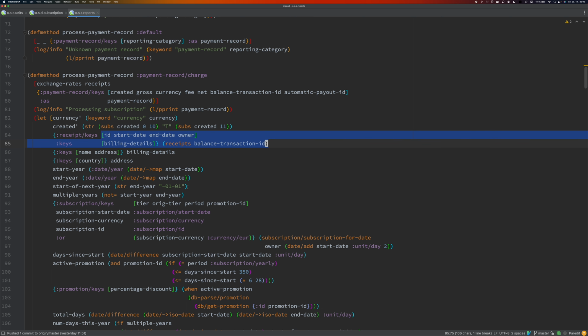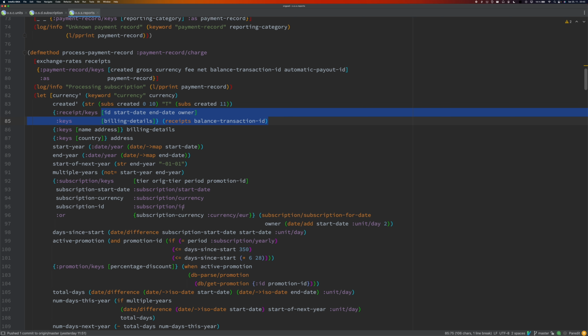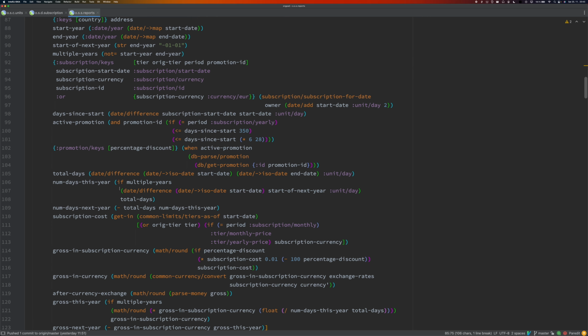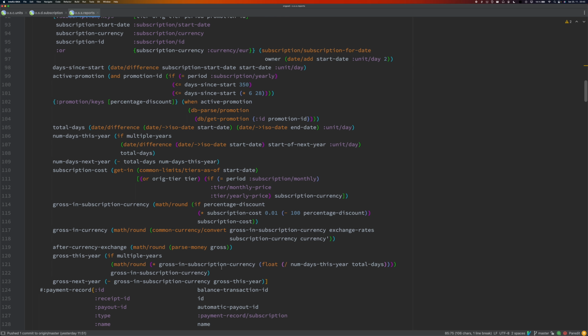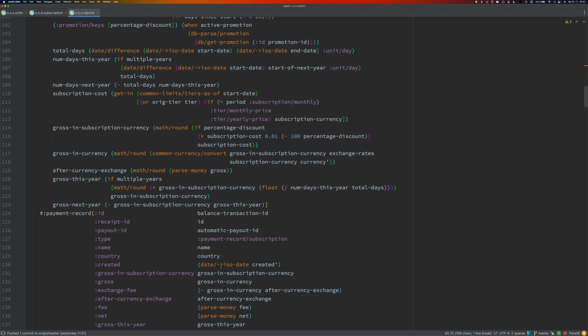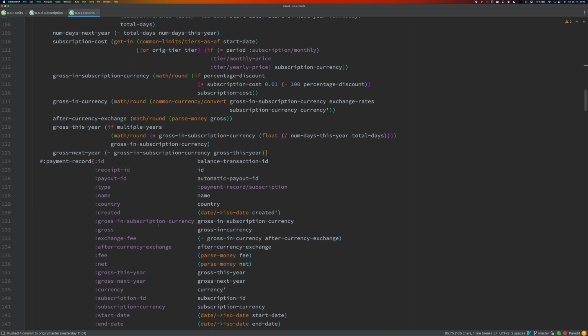The stuff we get from Stripe is not super easy or super nice, and we have to connect it with the stuff we have in our database, and we do a lot of different computation here to make it work. But it works, and it was fully developed using the production REPL.